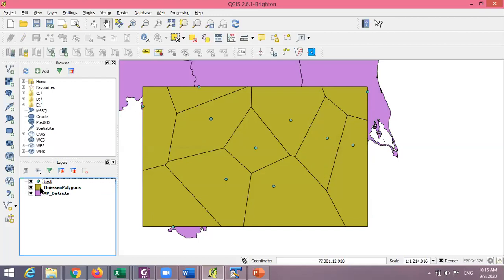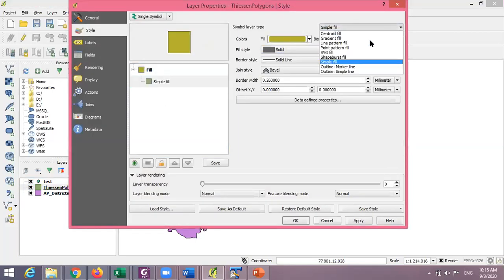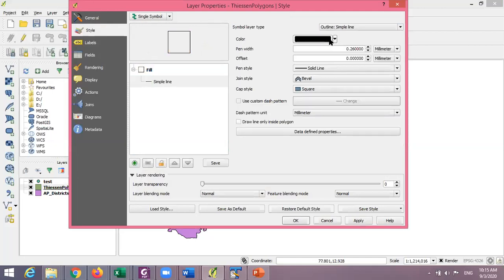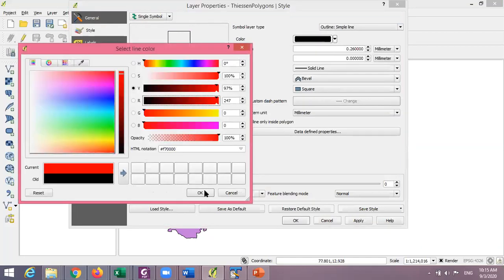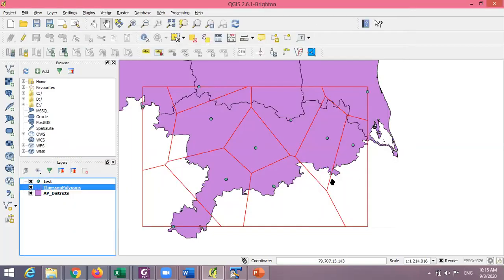Yes, sir. Yeah. This is just to make life a little bit easier so that you can see. Now you see I have the Thiessen polygons corresponding to these different locations.